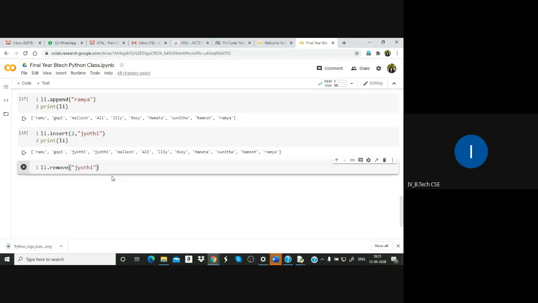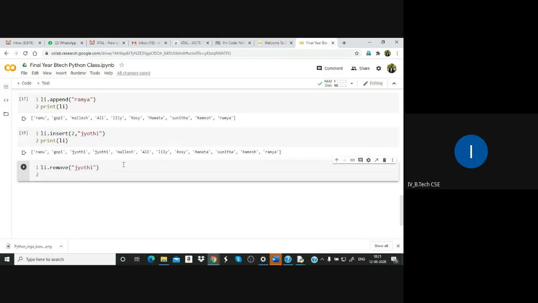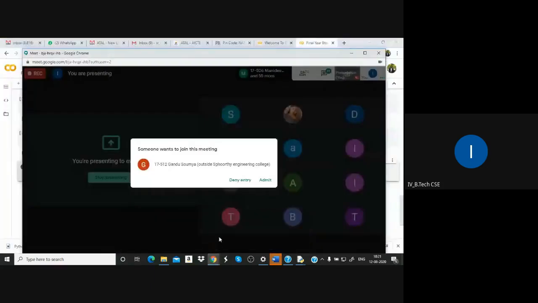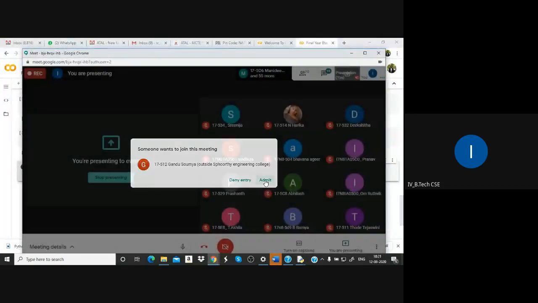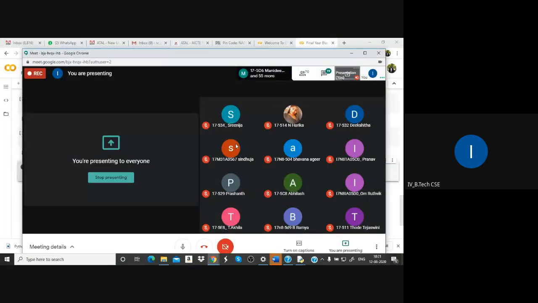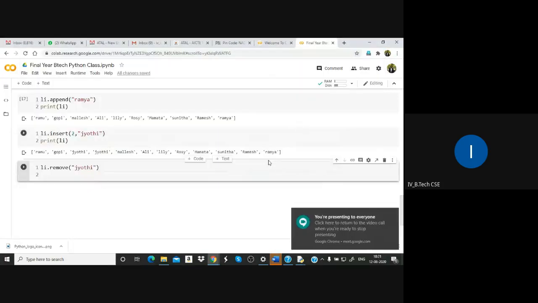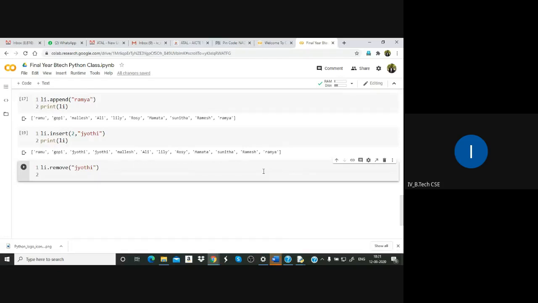Here you see print. In our class, 2 Jyotis are there. So I am removing one. Remove Jyoti means Jyoti will be removed, and let us see what will happen now.